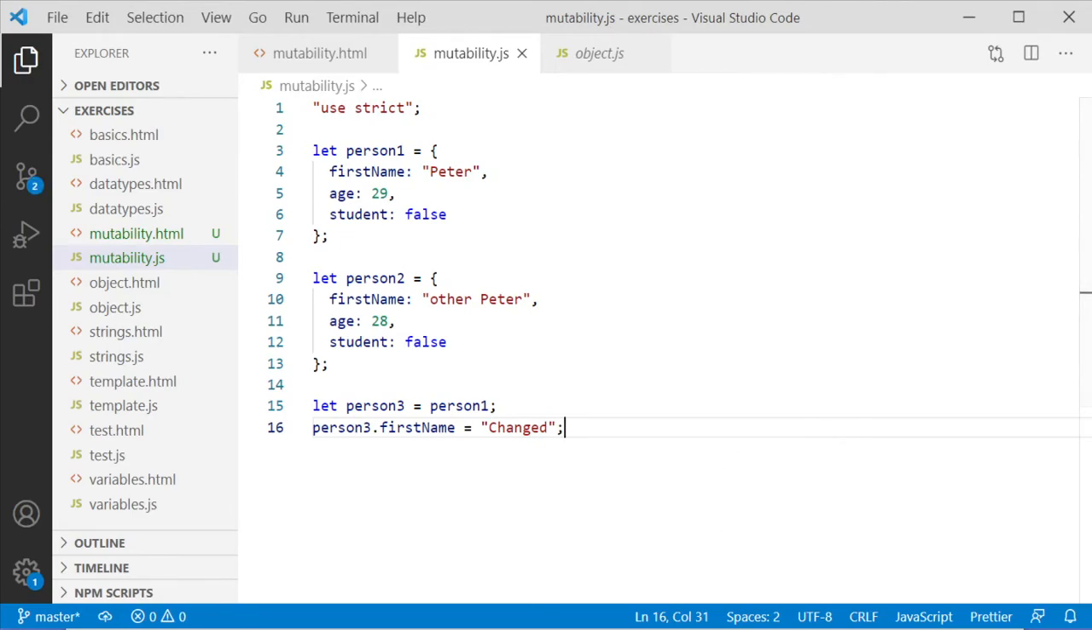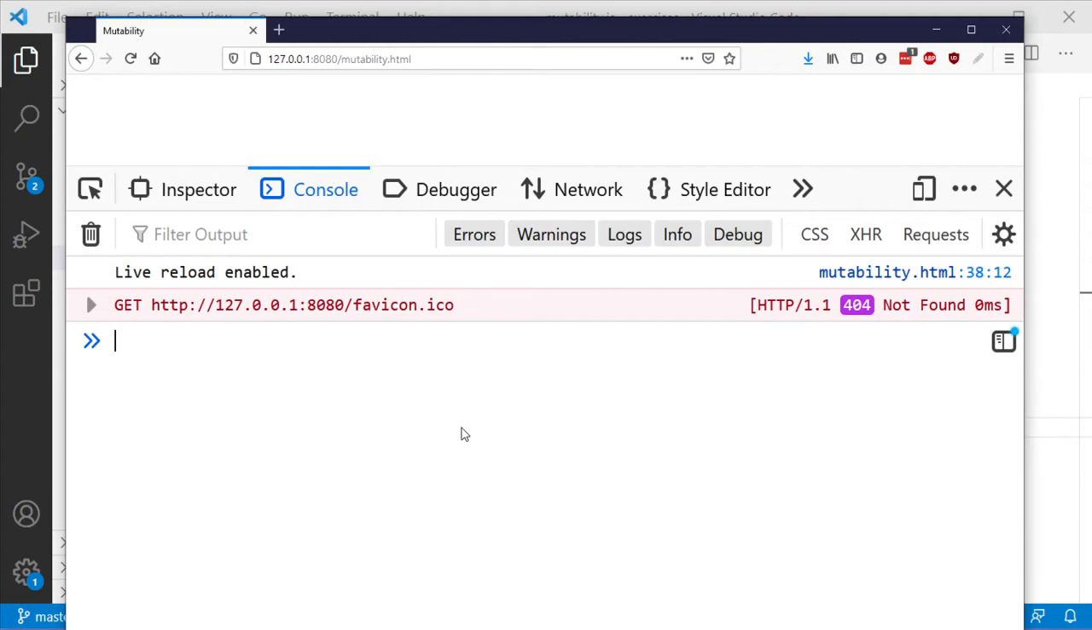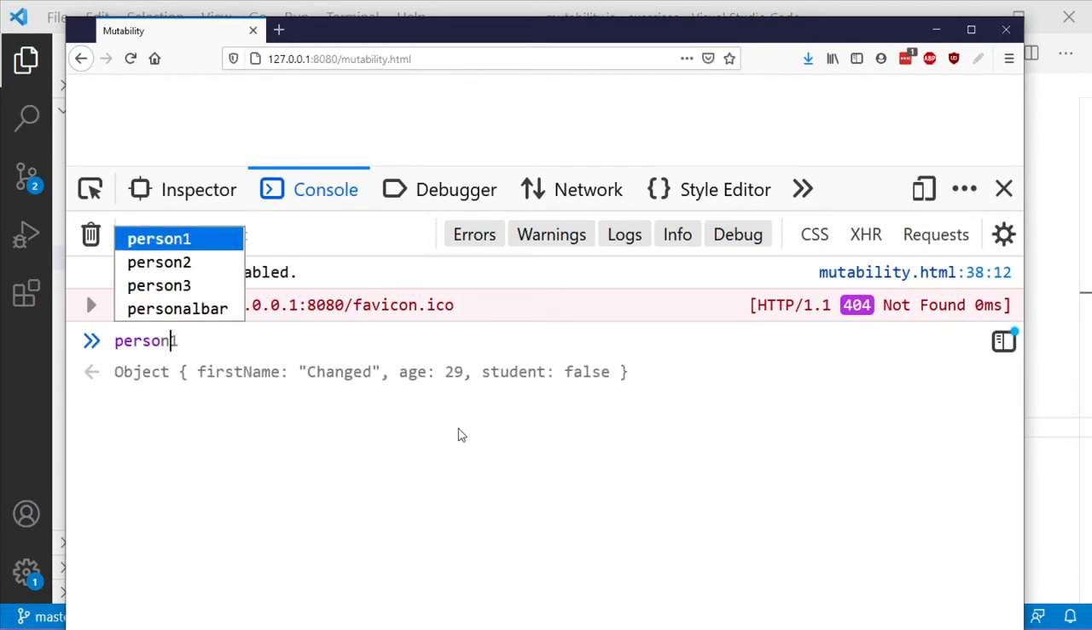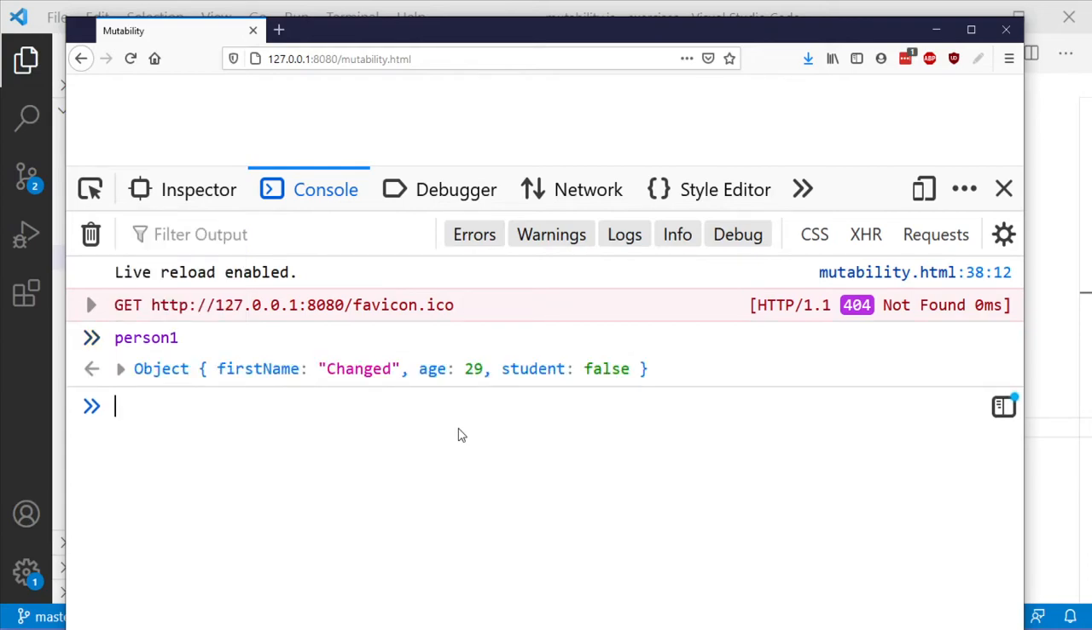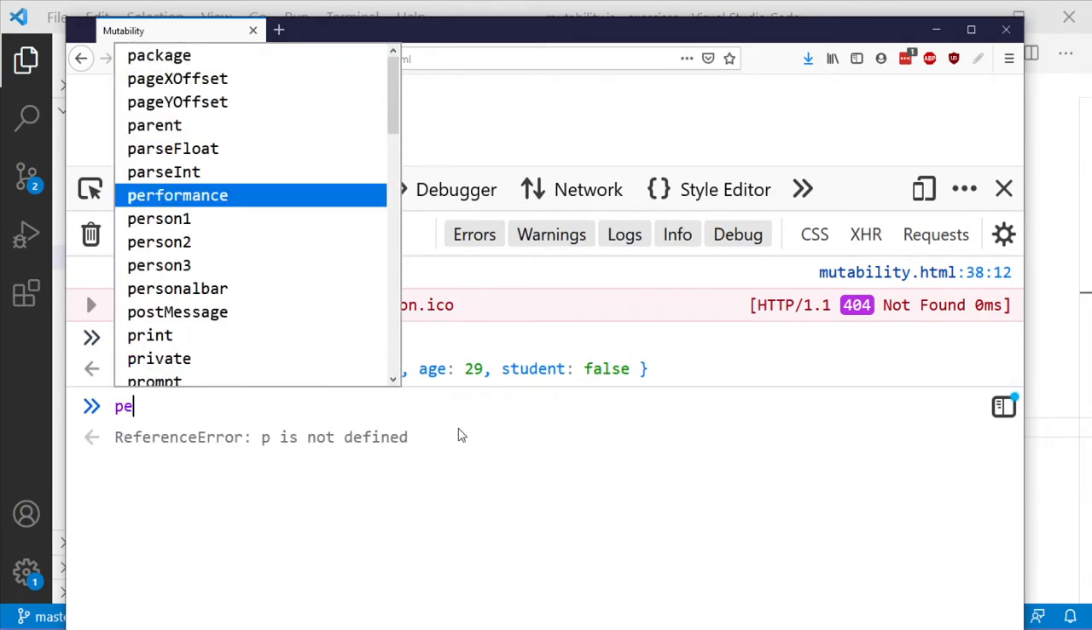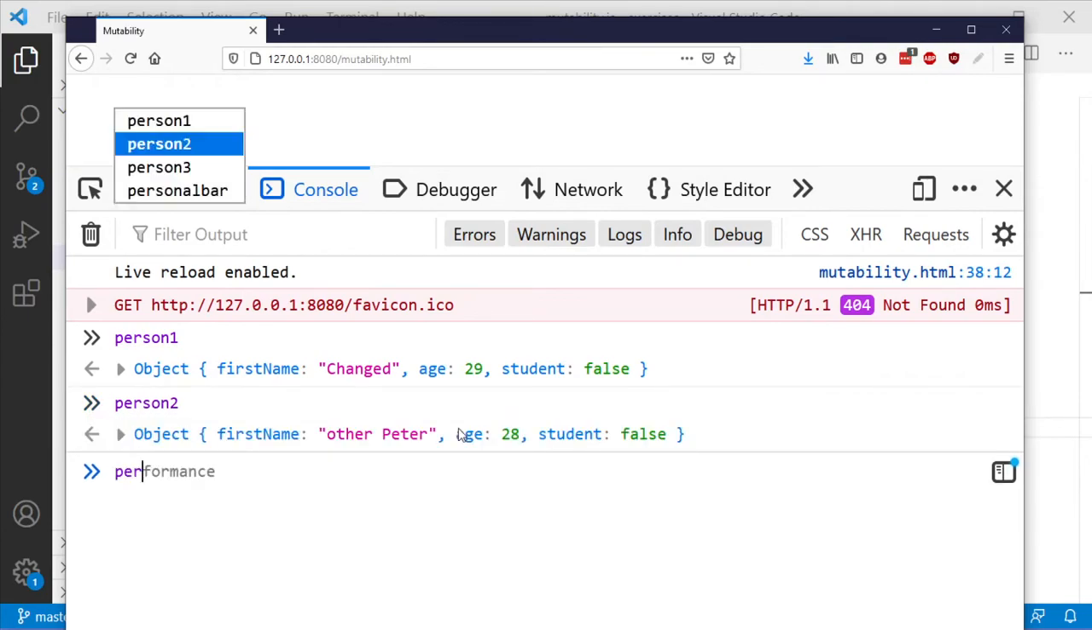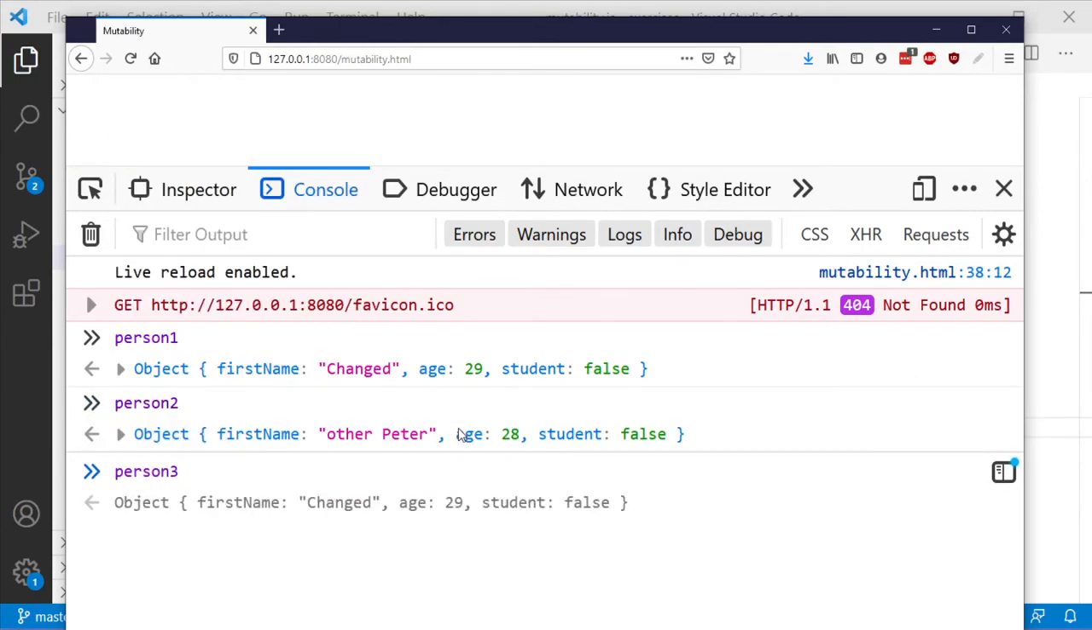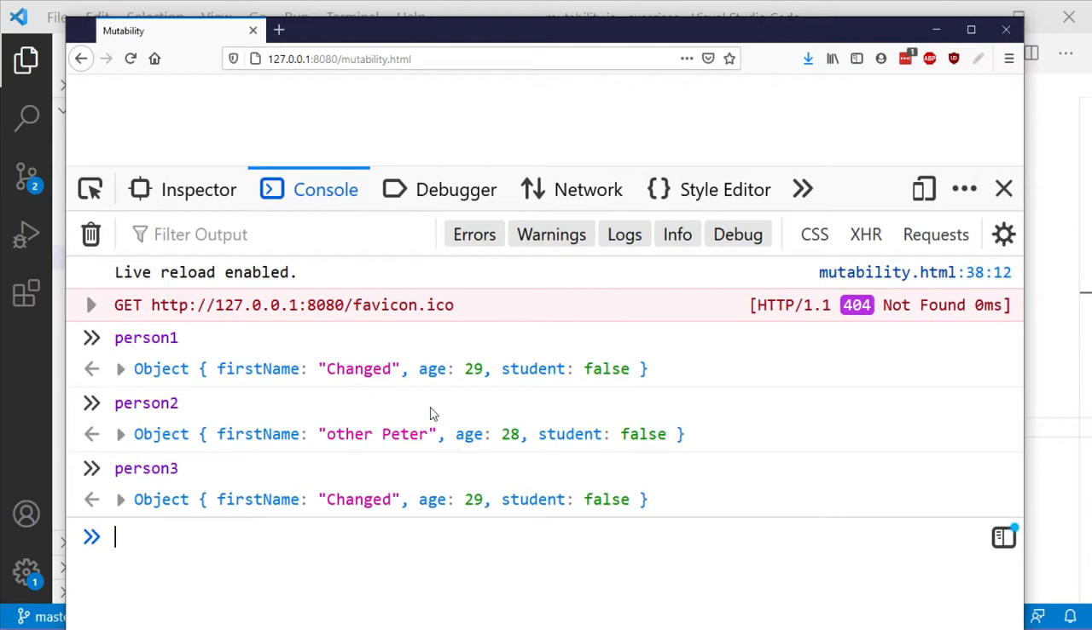Now I want to try this code here in the browser. I can't see anything, but I want to check what is person 1, what is person 2, and what is person 3. So I just manually try this. You could also do it, I guess, by